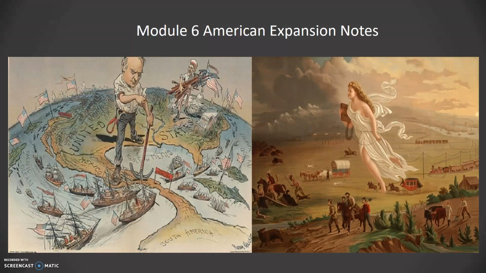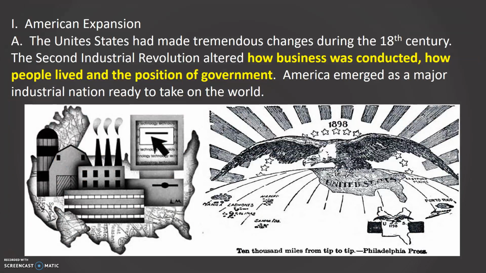So we are going to start American expansion. American expansion really takes a look at how the United States becomes this world power and how the United States is able to expand from just being on the eastern coast to the continental, and then starting to include and expand influence all over in terms of Latin America and also in South America.